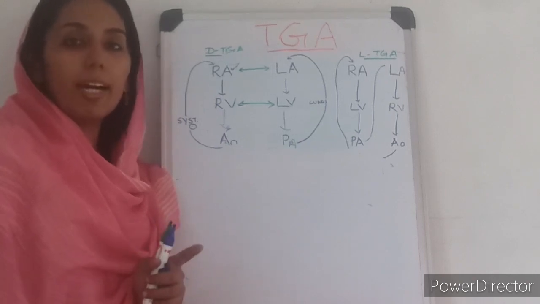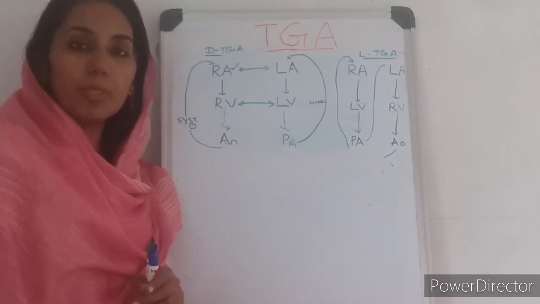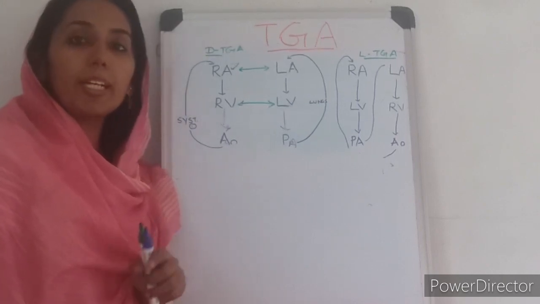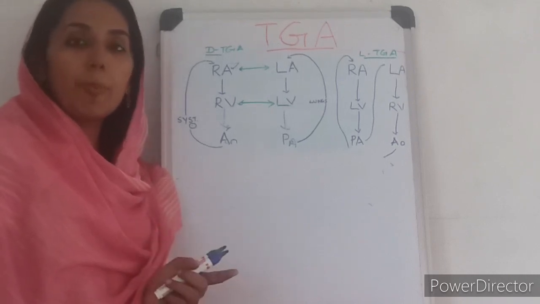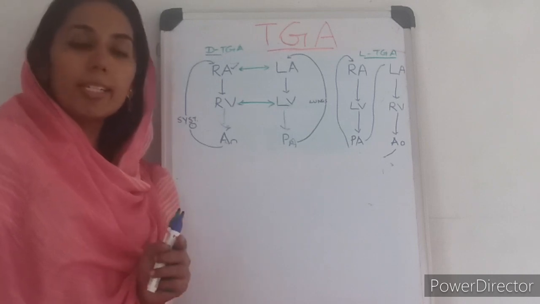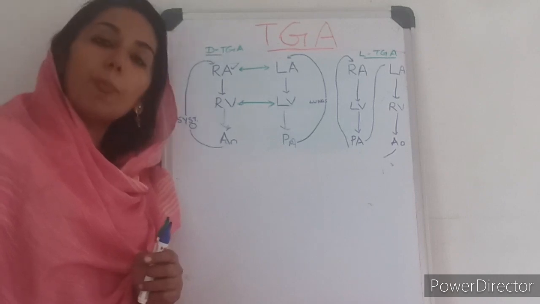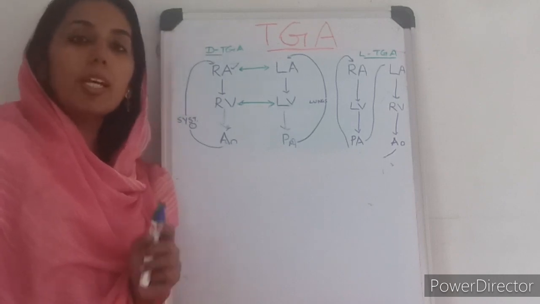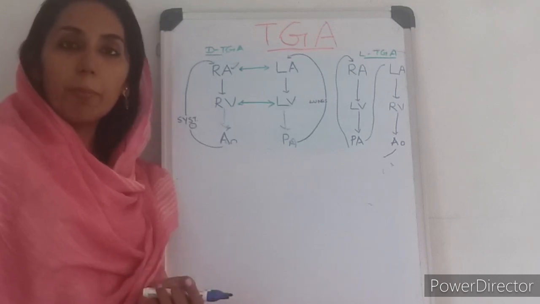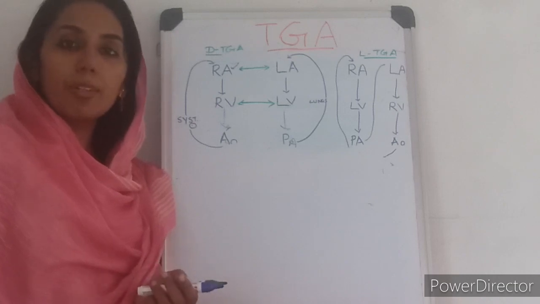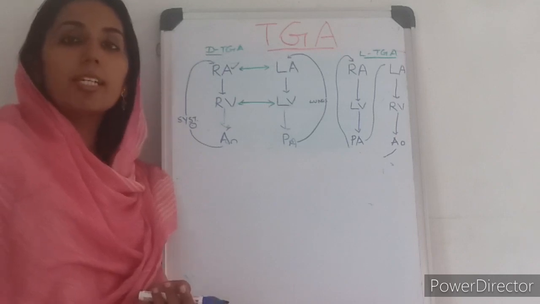There are two types of atrial switch operation: Mustard's and Senning's. Mustard's operation uses a pericardial patch or a prosthetic baffle, whereas in Senning's operation we use the patient's own atrial septum or the RA free wall for creating the baffle. What are the complications of the atrial switch operation? It is associated with atrial rhythm abnormalities, a chance of fluid accumulation, RV dysfunction, severe TR, etc.